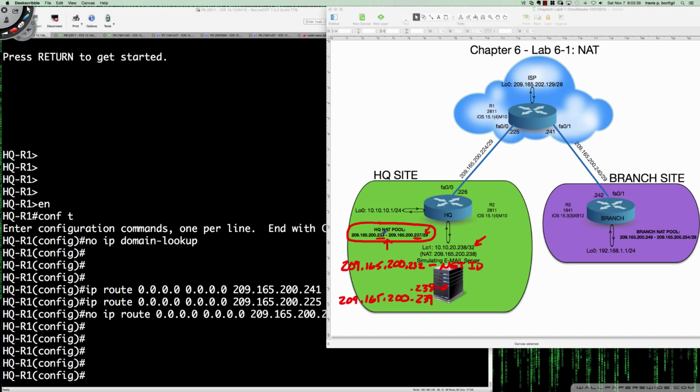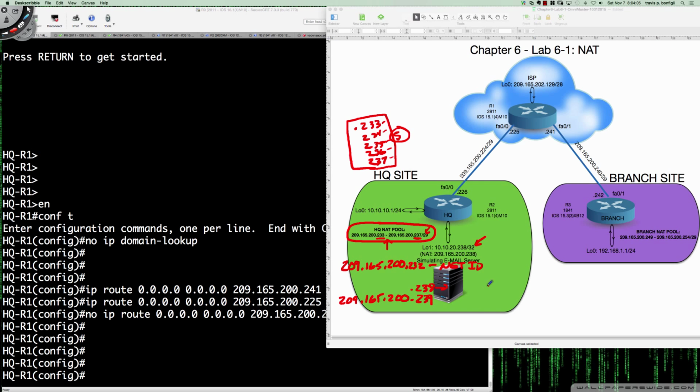So 233 to 237 are going to be used for our pool, so we'd have .233, .234, .235, .236, and .237. Now, a key thing to remember about dynamic NAT is that once we use up these 5 IP addresses, .233 through .237,